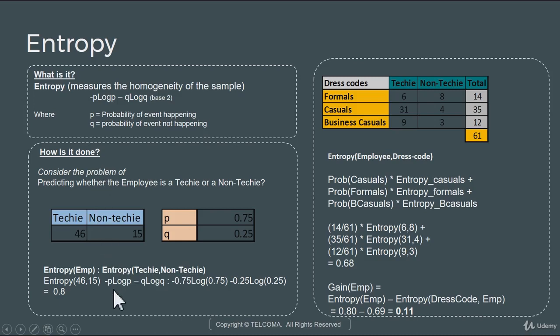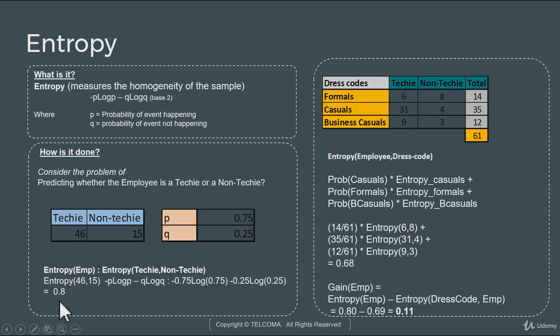It leverages the formula minus p log p minus q log q. Now 46 and 15, this would approximately give me 0.75. It is not exactly 0.75, it is approximately 0.75, but then we just use a simple number for calculation. So we'll say the probability of p being 0.75, q would have naturally been 0.25, and when we put this into the equation, minus p log p minus q log q, we get 0.8. So minus 0.75 into log of 0.75 minus 0.25 into log of 0.25, and the resultant value is